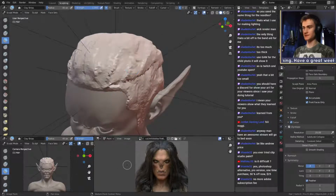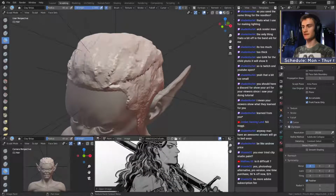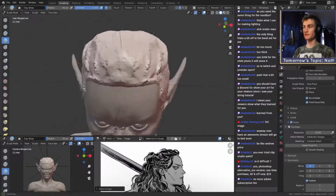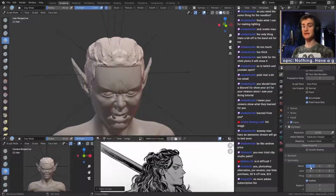So let me quickly go back to my references. I think this one is the best reference image in terms of the overall hairstyle, especially because we have this side right here, and then the hair gets collected at the top and goes into this, I guess some sort of band that holds it together, which is what I want to use here as well. So what I'm going to do first is keep symmetry,